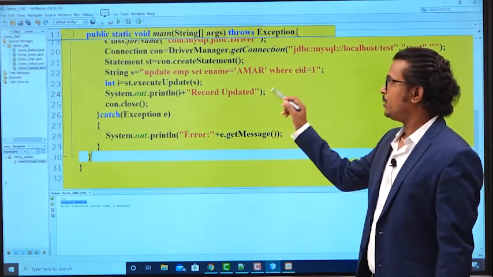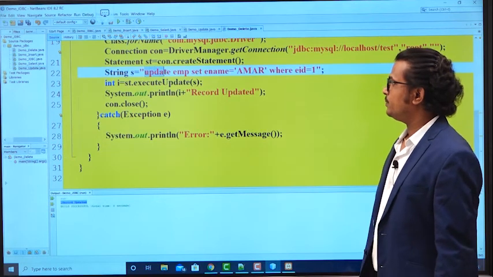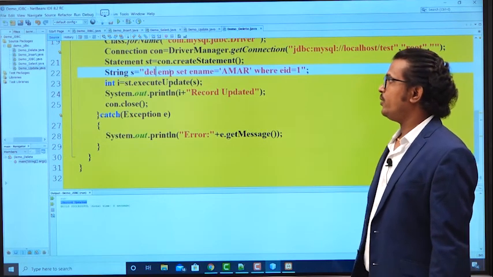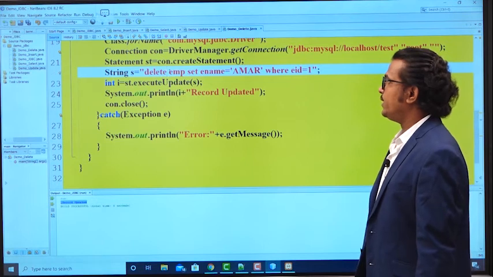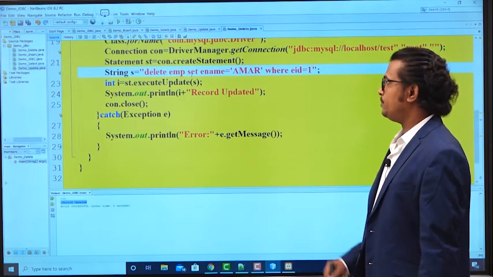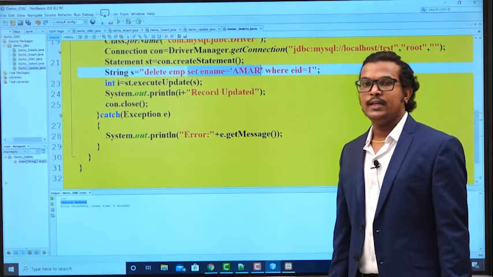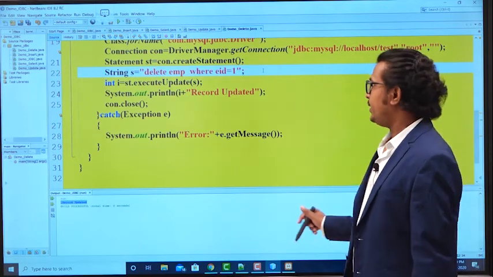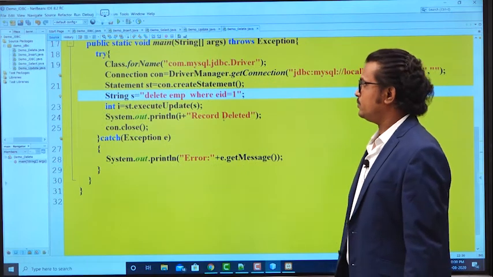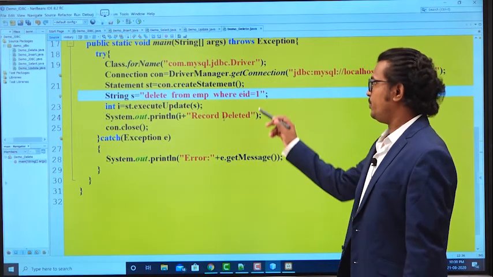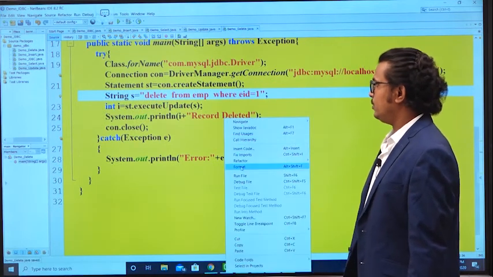The same thing, the packages are imported here. Instead of update, you have to use delete from EMP. What is the delete query? Delete from EMP where EID equal to 1.